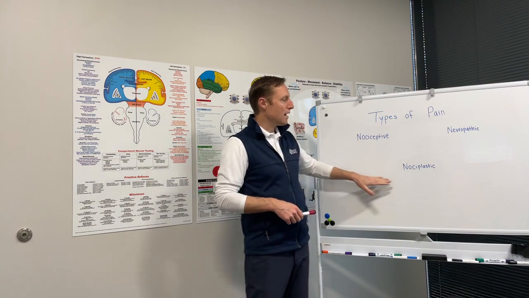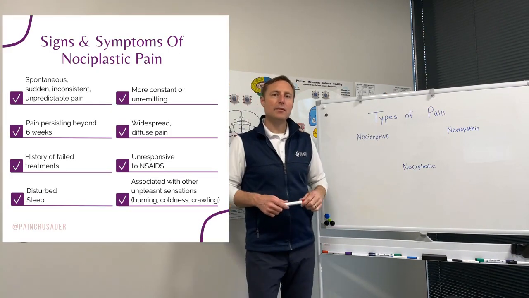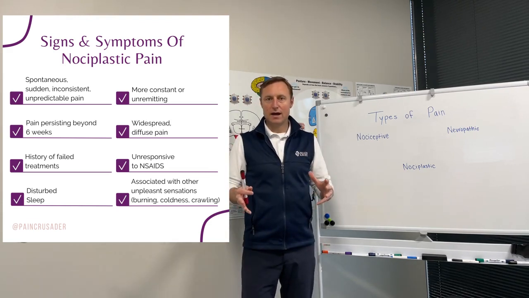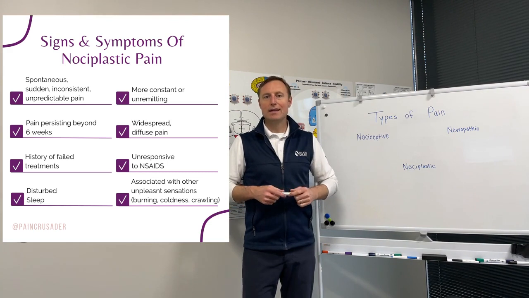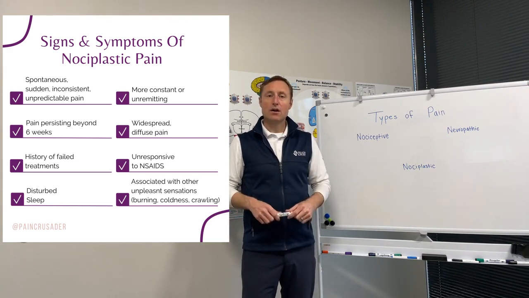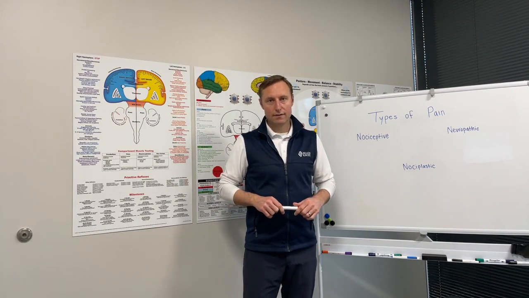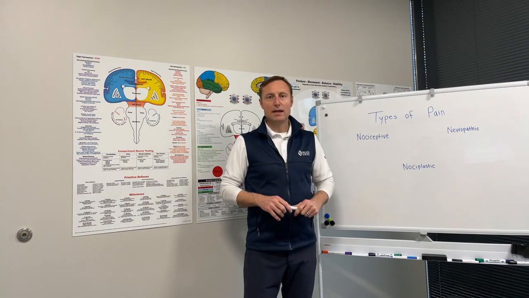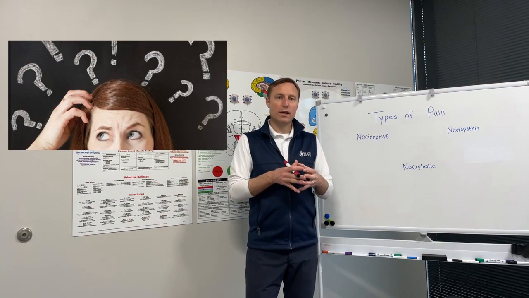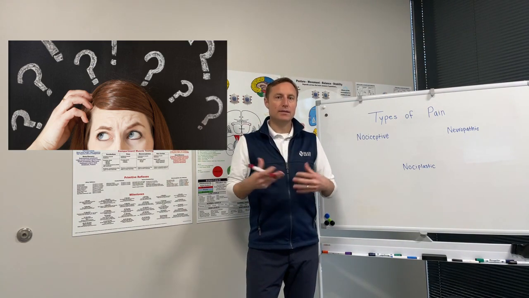And then we've got nociplastic. The nociplastic is the kind of pain that's typically in multiple places of the body, okay? And it's a kind of pain that doesn't have a good explanation for being there. And it's also a kind of pain that can be the hardest to turn off. So nociplastic pain, again, is typically a problem where at the level of the brain, your ability to turn off and modulate pain is impaired.